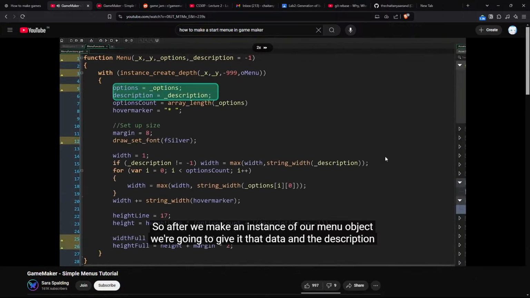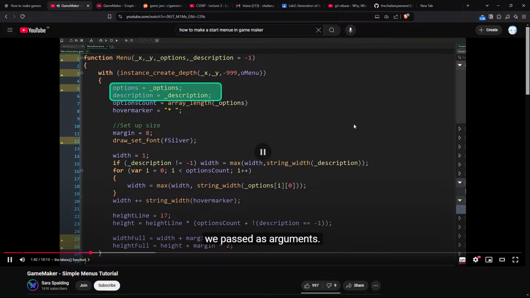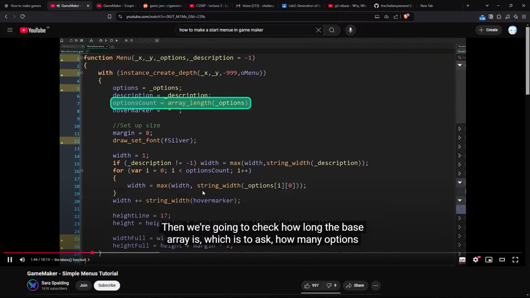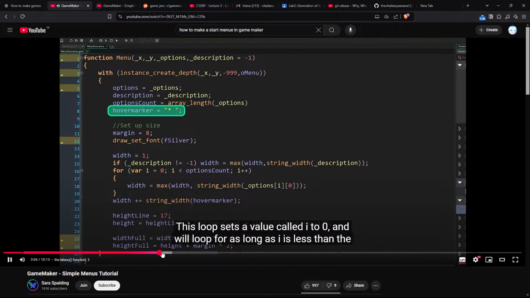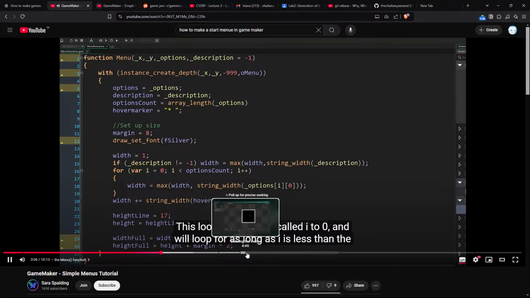So after we make an instance of our menu object, we're going to give it that data and the description we passed as arguments. Then we're going to check how long the base array is, which is to ask how many options are there. Then we're going to set a tiny value called I to 0, and we'll loop for as long as I